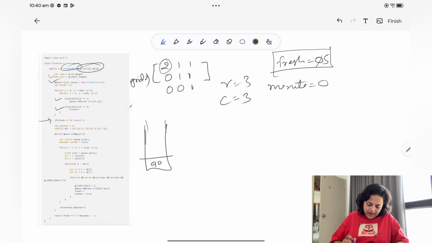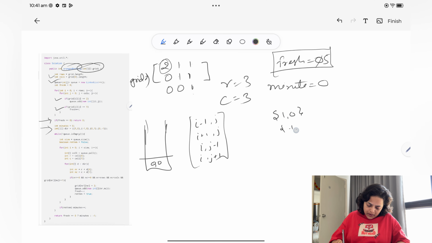Then you will take one direction array. If you remember, in number of islands, number of provinces, flood fill questions in the earlier videos, when you need to move in a direction, top, bottom, left, right, we were using i minus 1 j, then i plus 1 j, then i j minus 1, and then i j plus 1. Instead of this, you can do one more thing. You can have a 2D array of what?